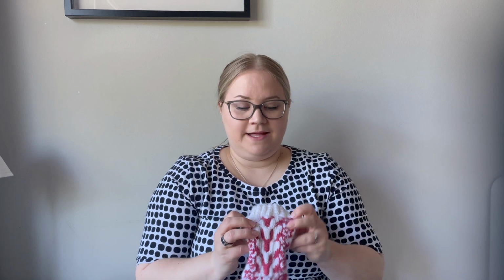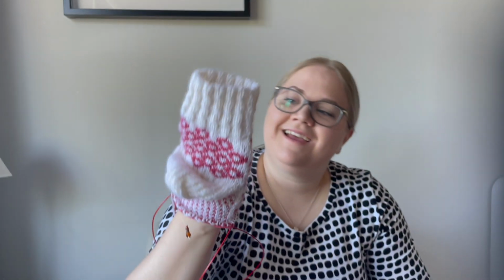I think because I do like to challenge myself, I have never made cables using 2 colors and stranded colorwork at the same time. So I thought it was really, really funny, or not funny, but fun looking construction. Another look. So I wanted to try something new. This was an in-between project. I really, really felt like I need to start something new after I finished those colorwork socks that were in the making for so long. I really needed something new and something fresh. I waited for 2 days, and then I was like, I can permit myself a new cast on. So I did,